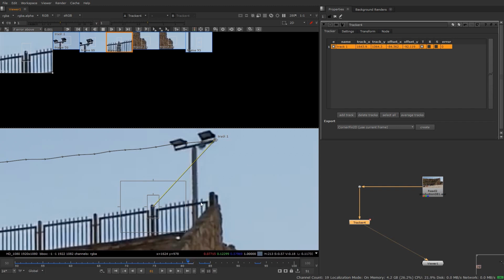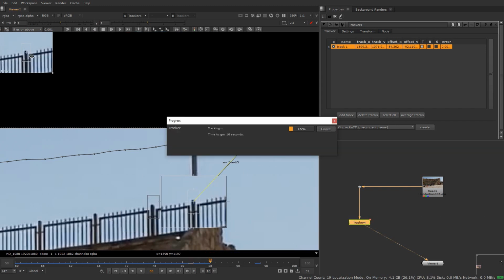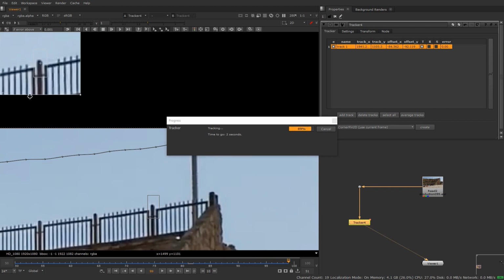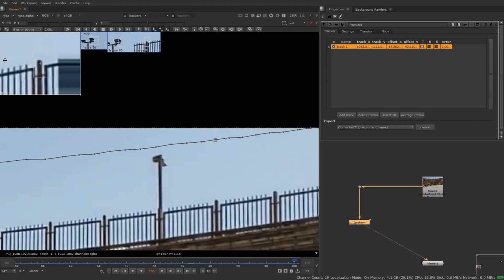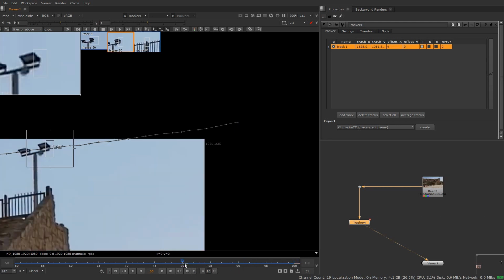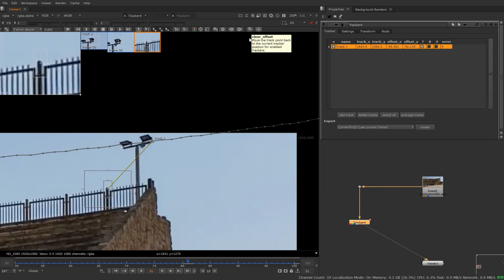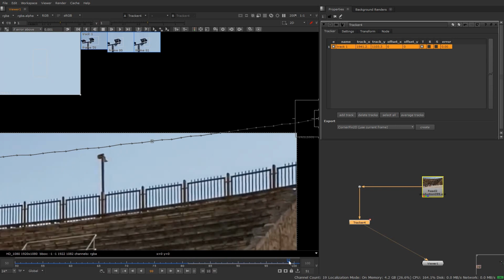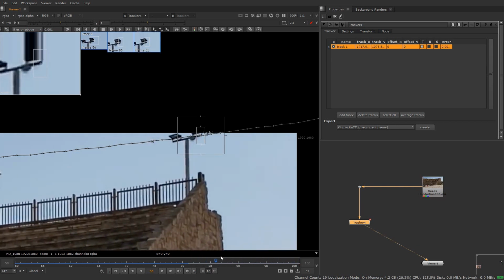Now after this, just hit V again to track it forward. You can see the tracker over here also. You can also increase the size of this viewer. As you can see, our tracking is now finished. And now to reset this tracking offset, you have to go to that frame where you started the offset, frame number 81, and click on this clear offset option. Now as you can see, our tracking is now finished. So this is how you can use the tracker offset feature.